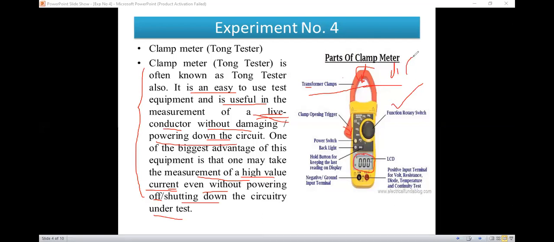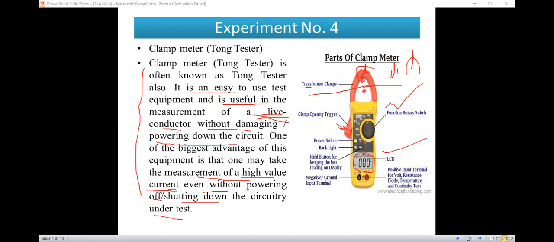बघा, हे मीटर जो आहे तो अशा पद्धतीने, here there is one joint, so this joint opens when we press this trigger. ज्यावेळेस आपण हा ट्रिगर प्रेस करतो, at that situation it will open, केलं की याच्यामध्ये कंडक्टर इन्सर्ट होईल, ओके, जो लाईव्ह कंडक्टर आहे किंवा मोटर कनेक्टेड असेल त्याला. So just after pressing the trigger, if we insert this wire inside this, याच्यामध्ये वायर आली की आपण परत काय करणार, this circuit will be closed. Okay, this circuit will be closed and it will show the reading on that LCD.